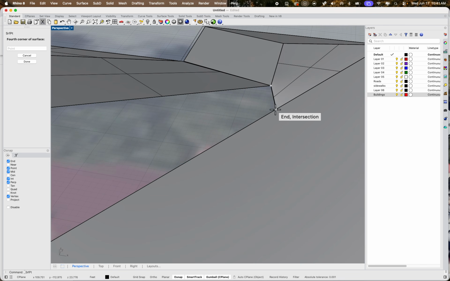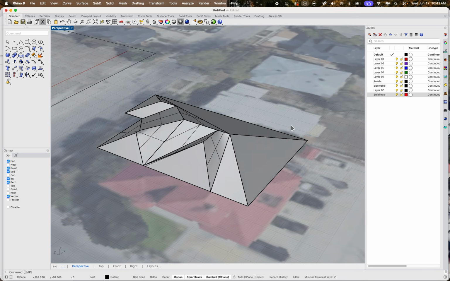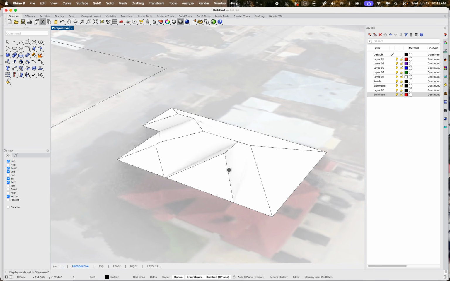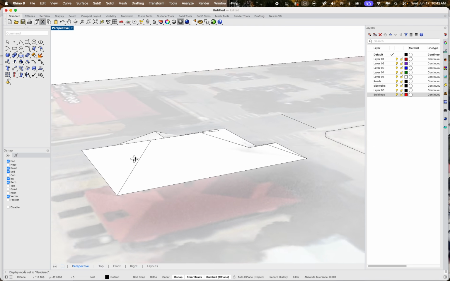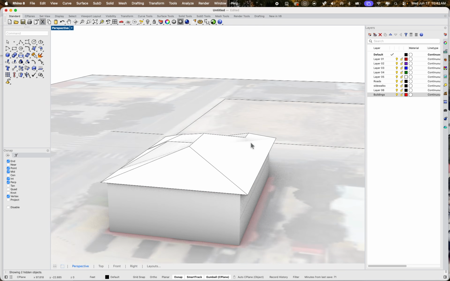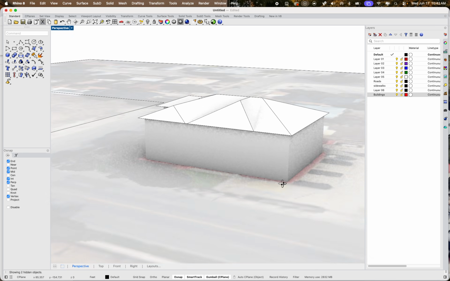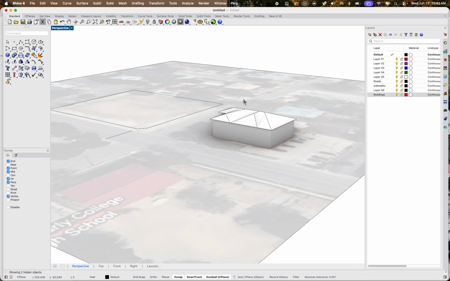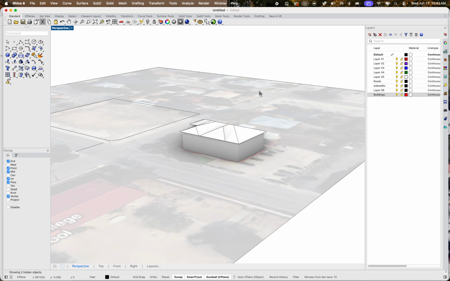And fake it till we make it. Sweet. So once I was done with all that, I could take it into a rendered mode, and not too shabby. I could show my other objects, and of course now we got a pretty sensible model, right? So again, another thing that's great about this is, well, if I was to do a clipping plane,